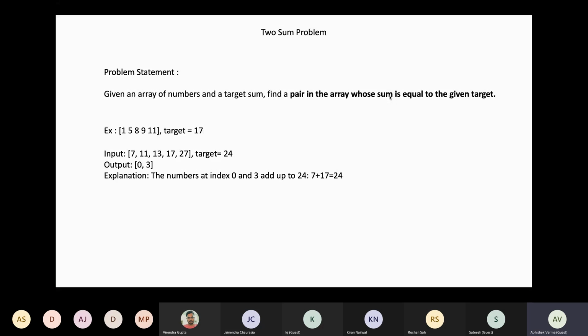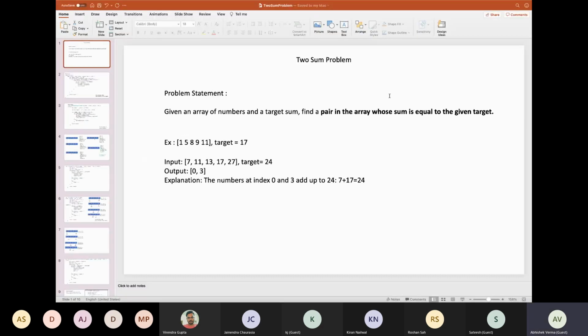Let's make this session a bit interactive so that we will be able to think, and we will be able to handle this problem in an interview session also. So if you read this problem and understood the statement, what all things come into your mind, what questions will you ask your interviewer? If you have any input on that, you can come up with it, so that I will also write down what questions we can ask the interviewer once we see this problem.